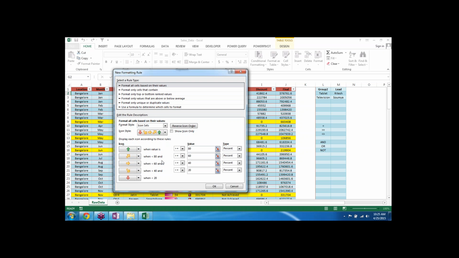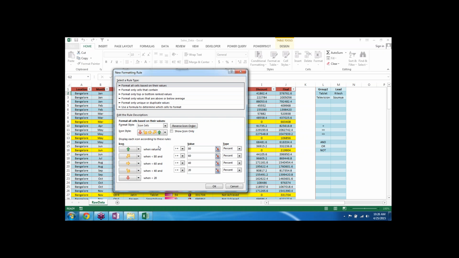So this was a small demo of how icons and data bars can be used within any kind of data. If you have seen, some KPI dashboards also have these kinds of setups or rules. Whenever we have a database or a dashboard, KPI dashboard or something, these icon sets are extensively used over there.